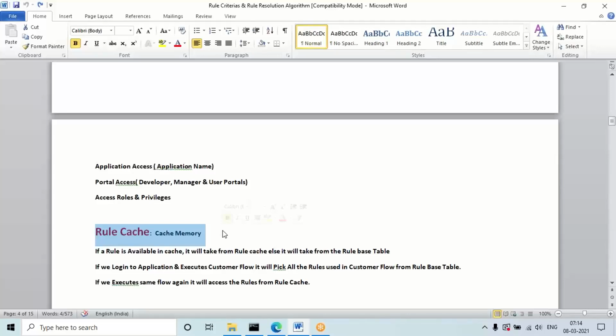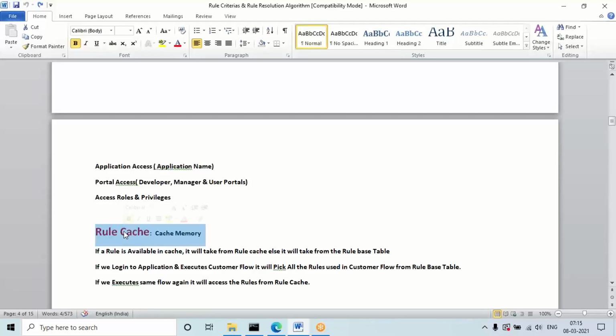We cannot see the cache memory, but internally in the backend, whatever rule we access or execute in the application will be added to the cache. It is not visible. Any rule you call will be added to the cache memory.